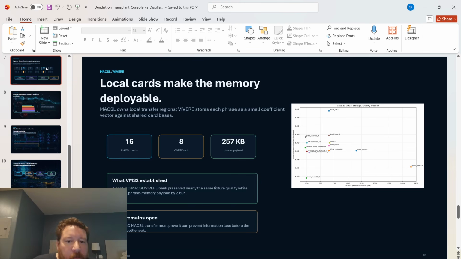Local cards make the memory deployable. So MACSL, it's literally cards. It's kind of the cool benefit of MACSL overall. One of the benefits is that it turns the data set into literal trading cards. So you could take your data set, turn it into a trading card, and then it runs off of that, which isn't necessary for the model overall. What it's doing is essentially taking in the overall representations. I don't want to go too deep into it overall. If you're interested in it deeper, I would be happy to dive deeper into it. But it's just taking the internal representations and then training based off of that,